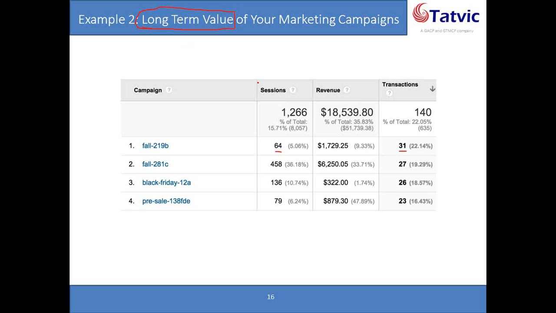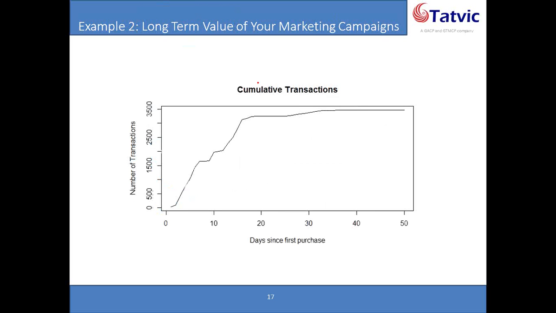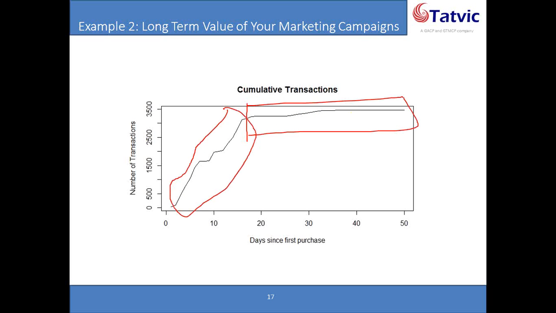Okay, let me move to the next slide. What I'm essentially seeing here is that this chart is an indicator of the number of transactions that happen from the users acquired from a particular campaign during a particular time range. If you see the cumulative number, it is normal that after X number of days, this campaign plateaus and nothing much happens. But it is important that you measure that, and this is 20 days.